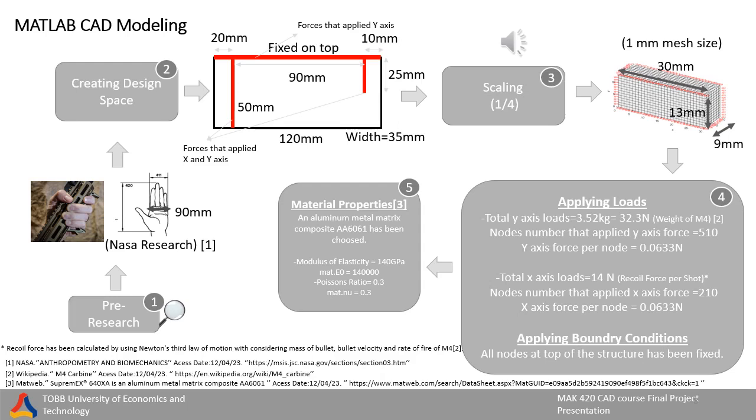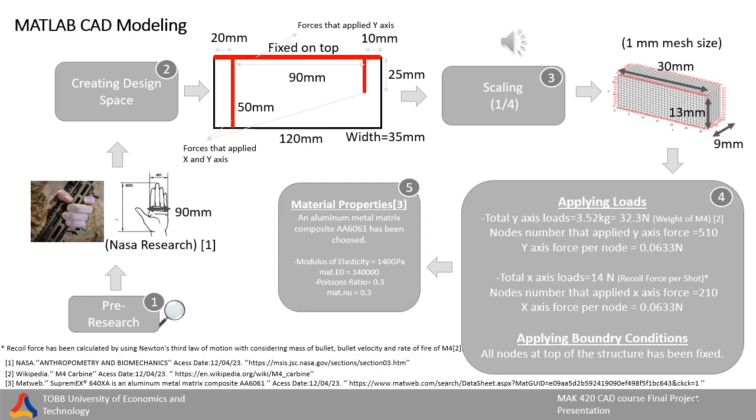After that, we applied forces. The weight of the M4A1 is 3.52 kilograms, which is 32.3 Newton. We have 510 nodes applied on the y-axis. So the y-axis force per node equals 0.0633 Newton. To find the x-axis force, we calculated the approximate recoil force as 14 Newton by using Newton's third law of motion,